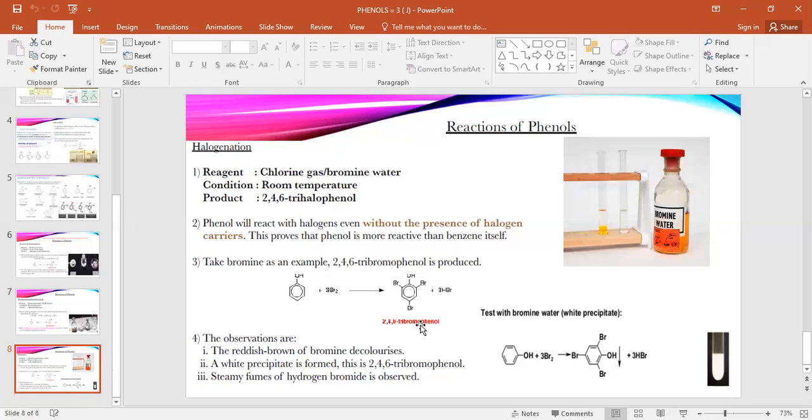So, in summary of phenol, first you need to know what phenol is. What do you know about the acidity of phenol, compared with benzene and with alcohol? Then the nomenclature of phenol, meaning how to write the IUPAC naming of phenol, from where you will start. And the last objective is reactions of phenol with metal, with base, and with chlorine or bromine. You can say the halogenation of phenol. Hope you will understand. Wish you the best of luck.